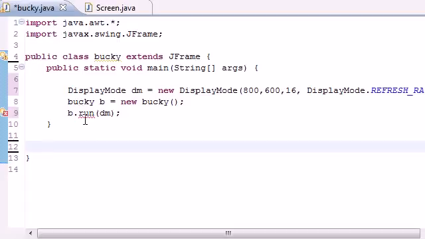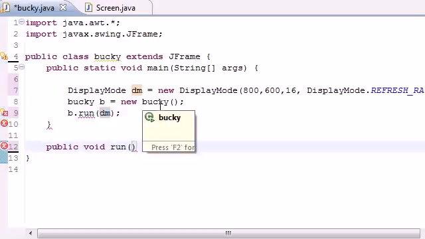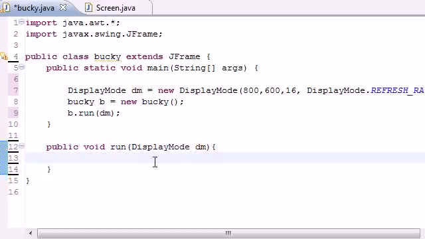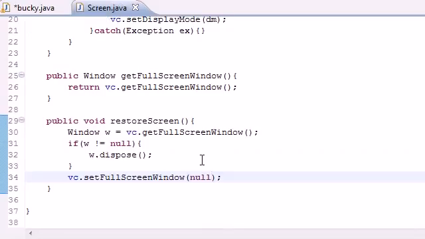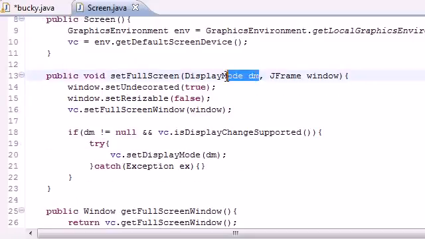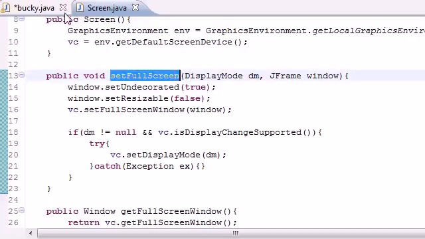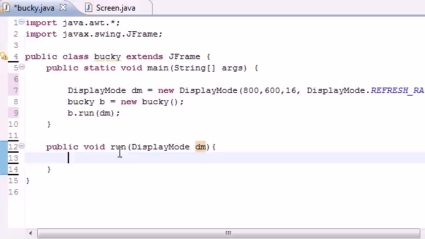And in this run method we're going to be setting the stuff we want to appear on the screen. So public void run, and of course it takes the display mode as a parameter, so we need to make it take DisplayMode dm. And we need this display mode because we need it to pass on to set full screen in here, and I'll go over this later on. This display mode in this run method is actually going to call set full screen, and you'll see why right now. But first thing we're going to want to do is set the background, foreground, and font of our window. So set